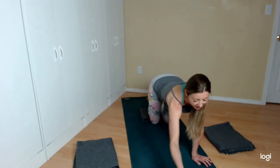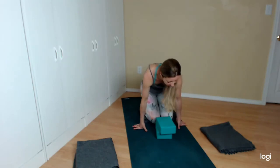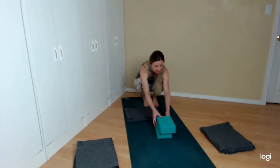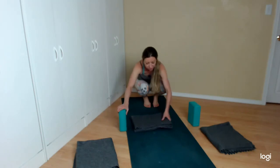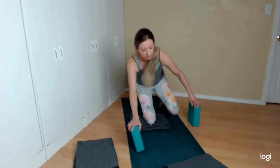Oh, we do need these once more. We've done all of our preparatory poses for Hanumanasana. Now it's time to head into Hanumanasana. It's so much fun. So for this one, I like to actually have, so starting in a lunge, right foot